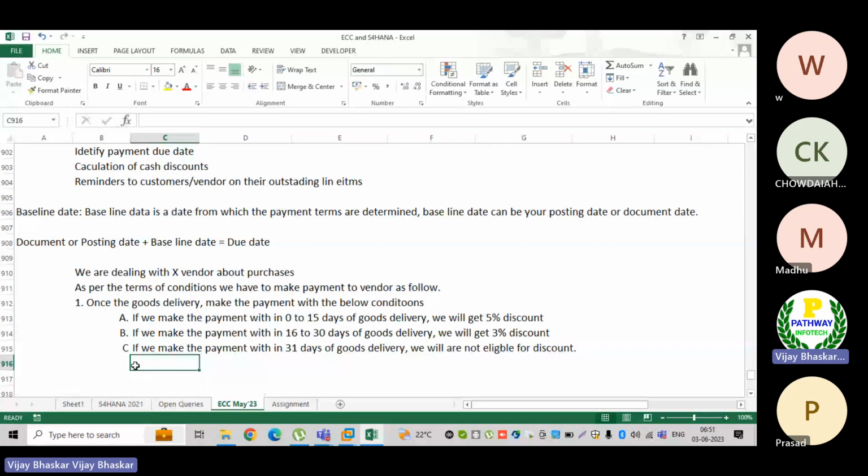As I mentioned, the terms of payment are of two types. This is the scenario we have discussed, the normal terms of payment.